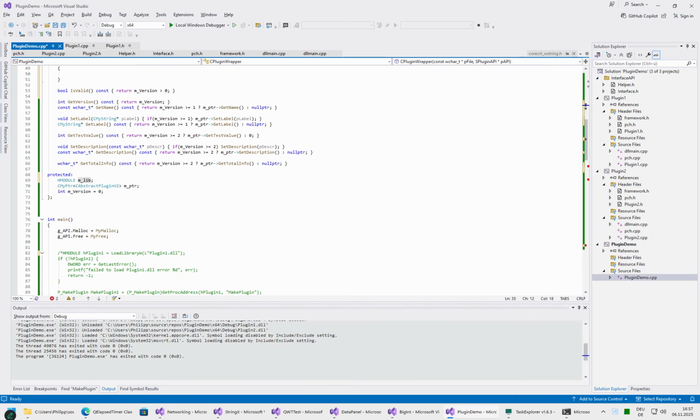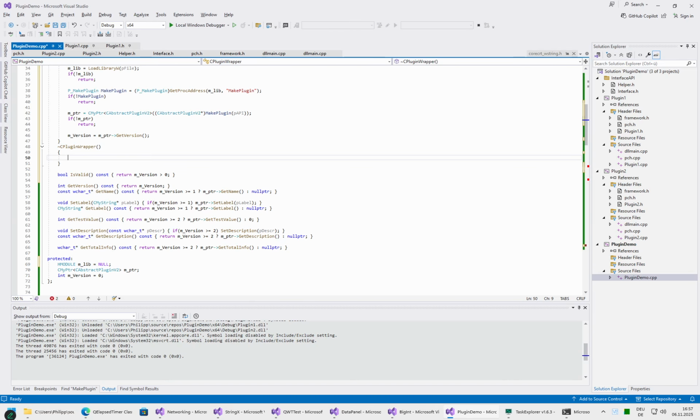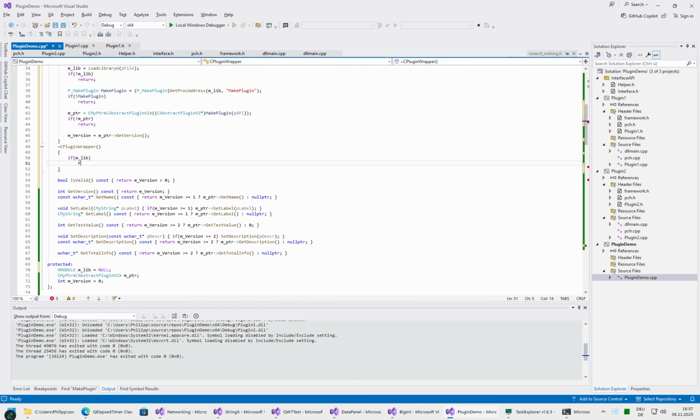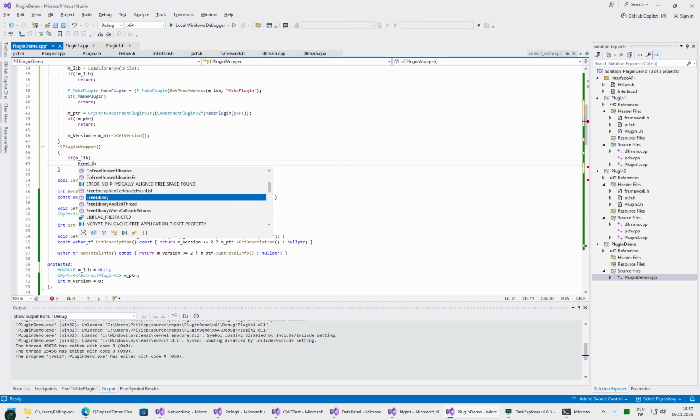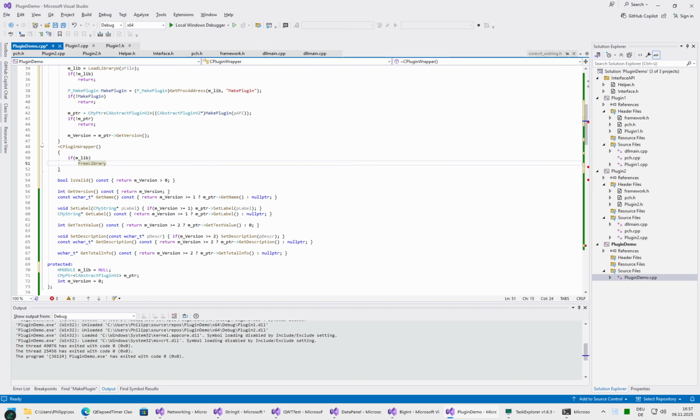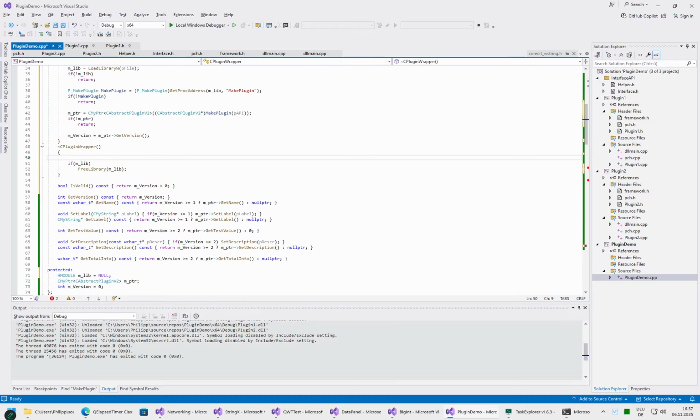If... and we need to initialize it. Okay. Null. So if lib, then... and this adds a problem, because we will now free the library before we deallocate the object here. So we will need to clear it explicitly, which pretty much just means we call our deref function,